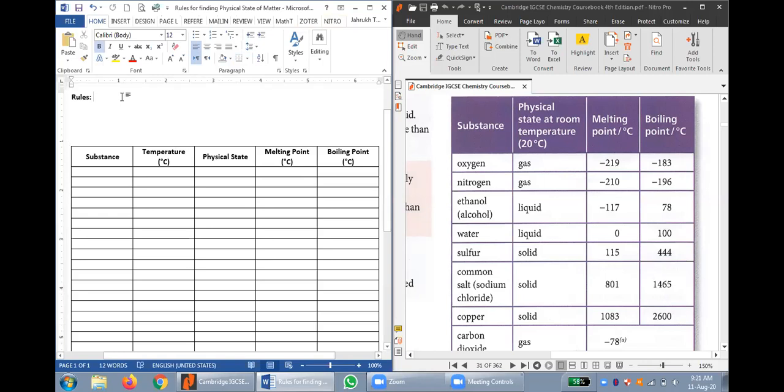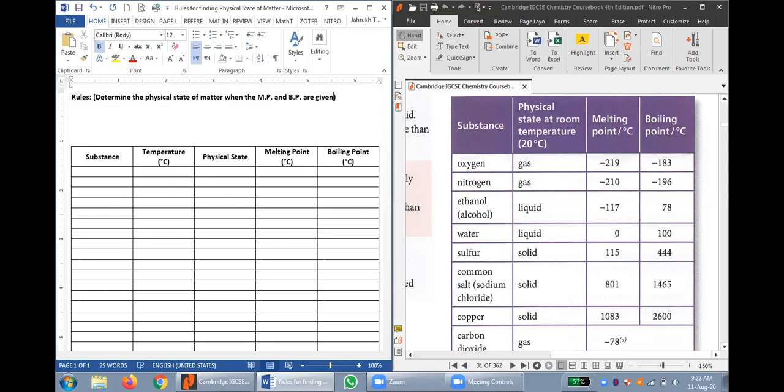So first of all, what we are going to do over here is that we are stating rules to determine the physical state of matter when the melting point and boiling point are given. Okay? So what we are about to do over here is that when a question in IGCSE tells you what's the melting point and what's the boiling point of a substance at a specific temperature, what would be